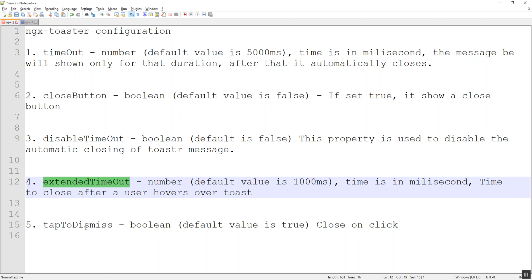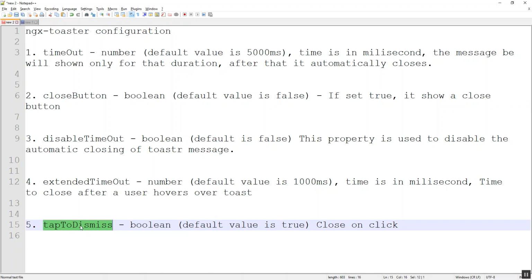The last property that we discussed is tap to dismiss. By default, it is enabled. So on tapping the toaster body, it gets closed. If we don't need that functionality, then we can explicitly set the tap to dismiss property as false. By doing so, it will close only on clicking the close button.